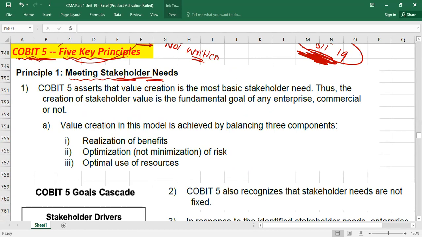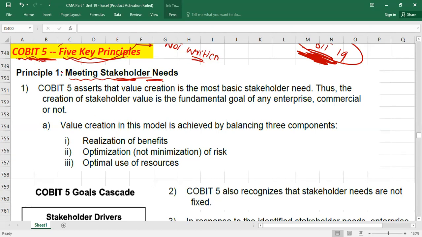If you are working in a company, for example, in a manufacturing business, you have various stakeholders. Stakeholders are those parties or people who have a direct or indirect interest in your business, right or wrong. It could be the government, shareholders, lenders, customers, suppliers, regulatory authorities, even employees and the community surrounding you. All these are called stakeholders because they have a direct or indirect interest in your business, or they can affect your business, or they can be affected by your operations, right? So that is stakeholders. Now, what is principle number one?